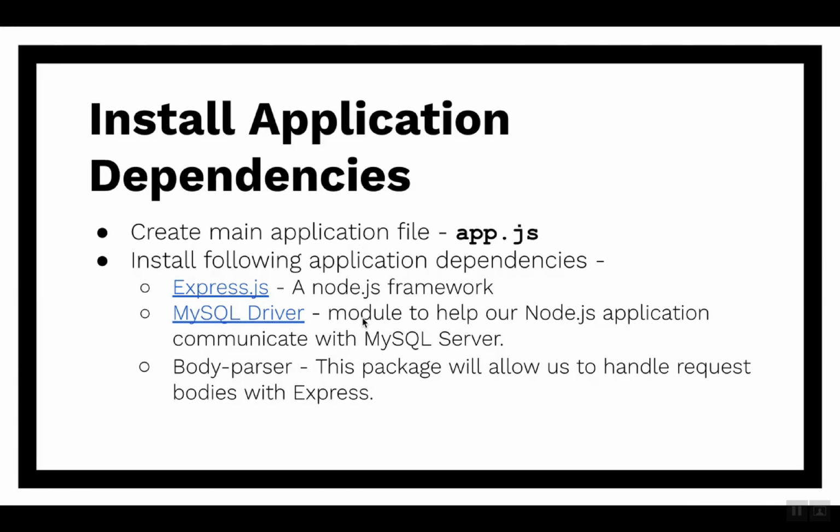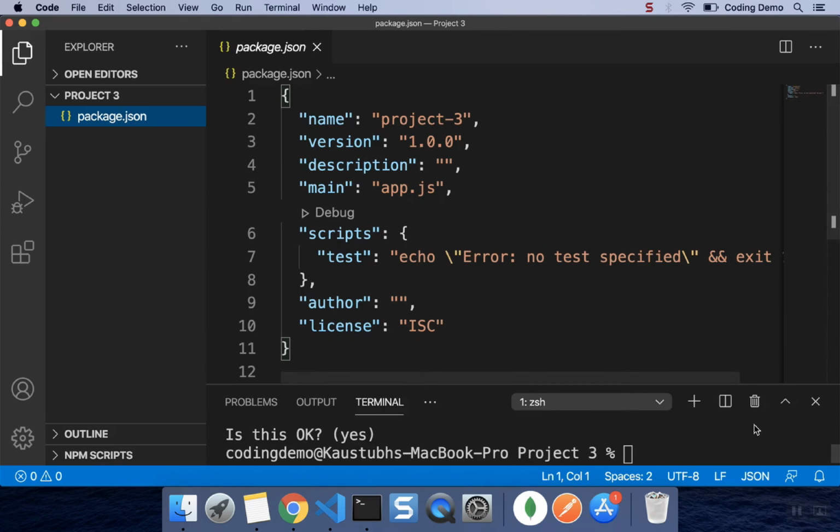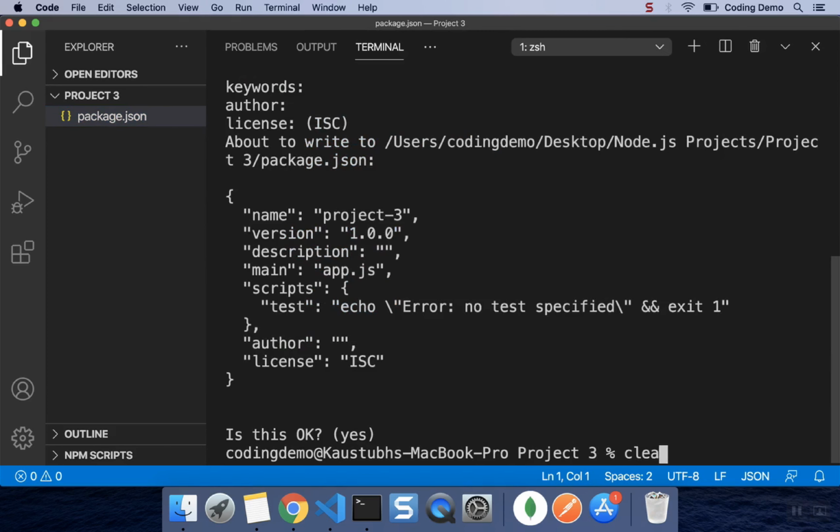These are the dependencies that we are going to install. We'll install the Express.js module, the Node.js framework that we worked on in the last project. We'll also install the MySQL driver, the module that helps our Node.js application interact with the MySQL server. And of course, we'll install the body parser to handle the request bodies within Express. But before you do any of this, make sure you have MySQL installed and you have a database created with a table for accounts. Let me go ahead and clear this out